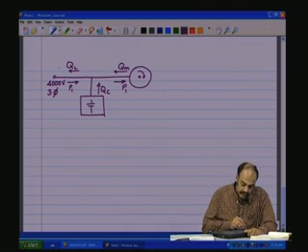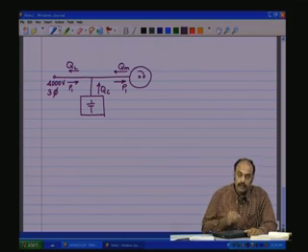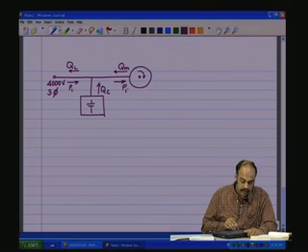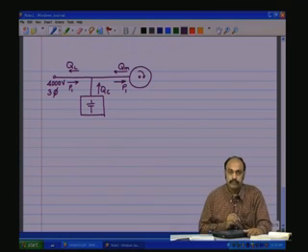So, you have a reactive component of power Q line on the line side, QC on the capacitive side, QM on the motor side. There is only one active component which is taken from the motor to the mechanical domain, that is P1, which gets supplied from the mains,